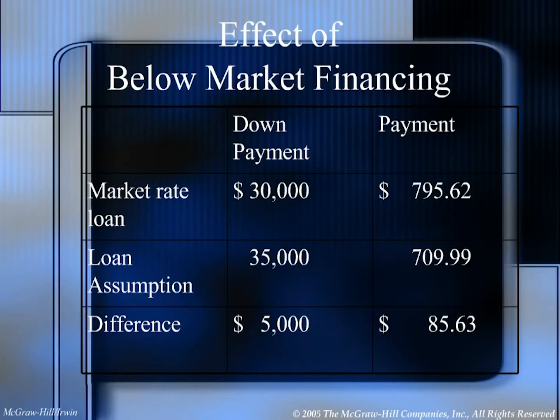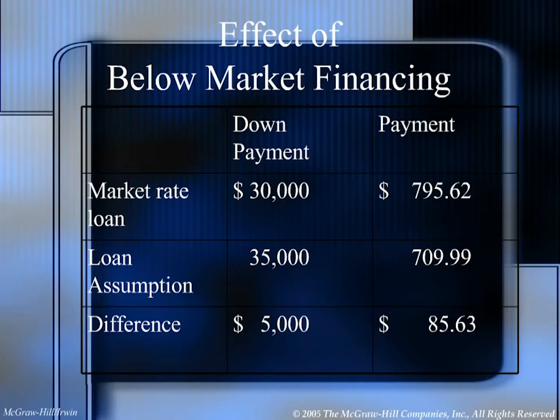Okay, now let's look at the effect of below market financing. So the effect of the difference if you have to go get your own financing, or possibly there was an assumable loan, or some kind of a loan offered maybe directly from the builder that is below market value financing. So let's say that the market rate loan, the down payment would be $30,000, and you'd end up with a payment of